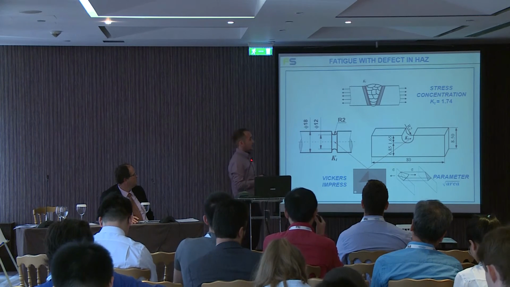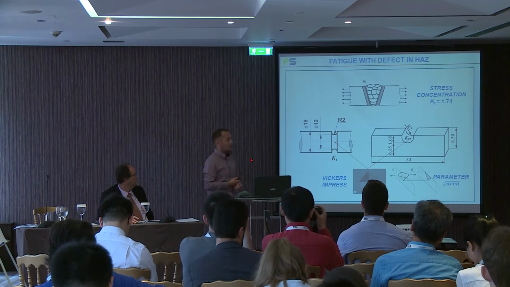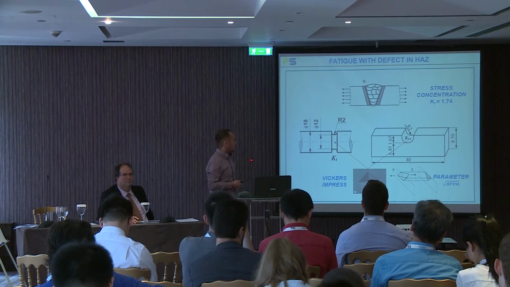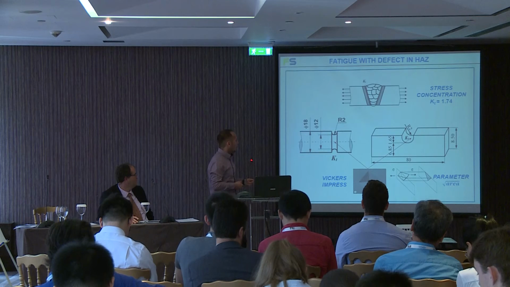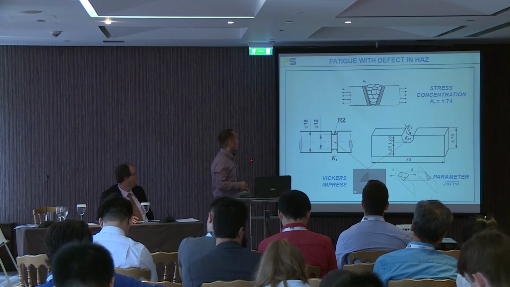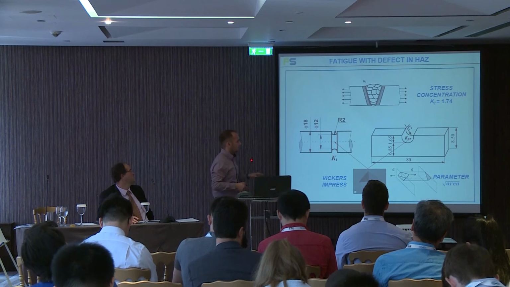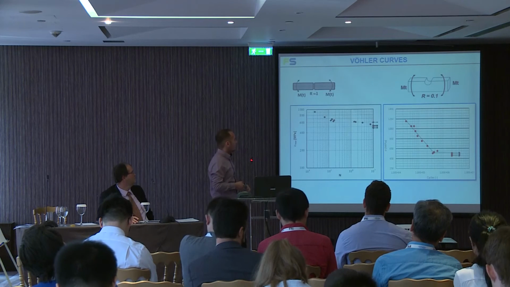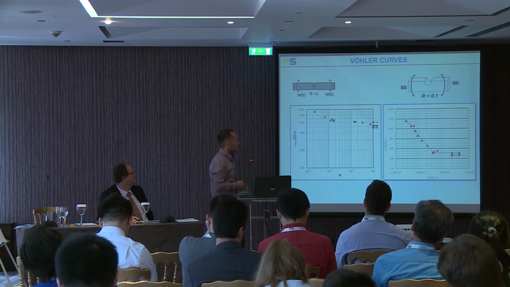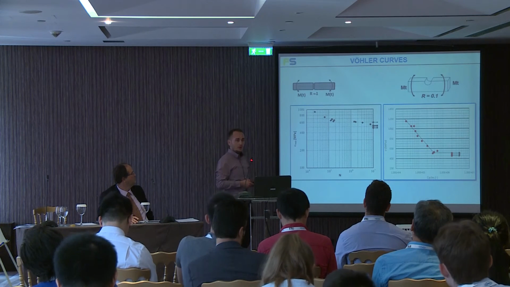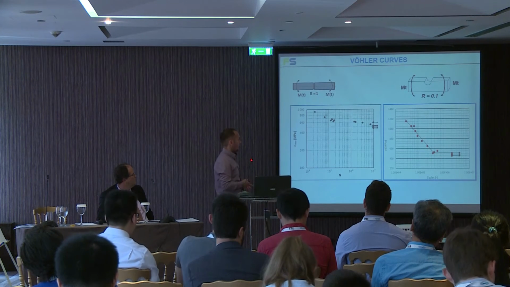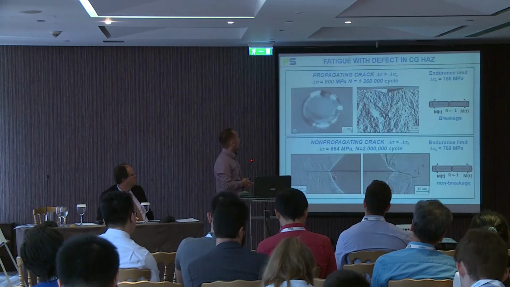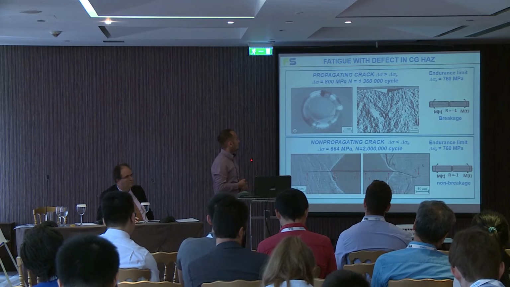In the cracked welding joint, we have stress concentration Kt of 1.74. These are the specimens which we tested, and somewhere here we have put the defect which I already described. This is about the Wöhler curves. We got the Wöhler curve, and this is about